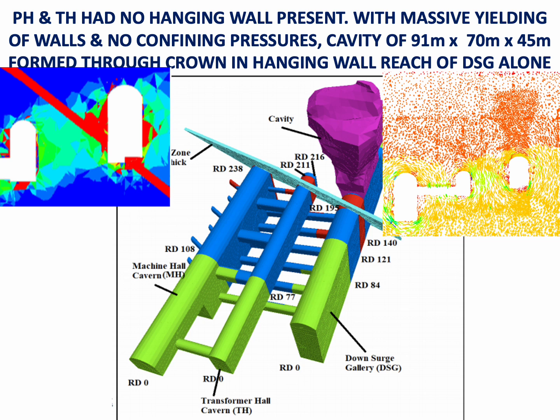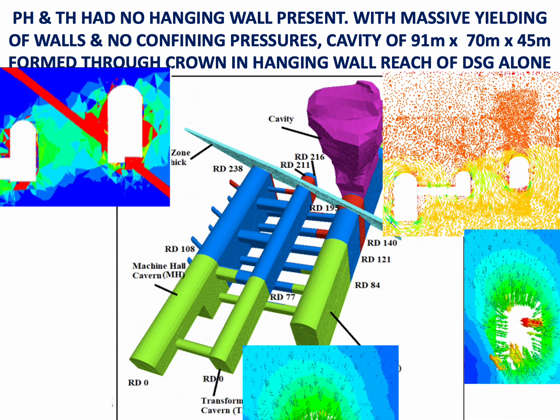There was not much yielding in the wall supports in powerhouse and transformer hall cavern, since the shear zone did not intersect the powerhouse and transformer hall caverns as precariously as it did the Downstream Surge Gallery, and it merely touched the gable ends in transformer hall cavern and even much less in powerhouse cavern. Despite the depth of excavation reached in powerhouse cavern being much more and the multiple openings of the pressure shaft and draft tubes and 5 tunnels for bus ducts etc.,